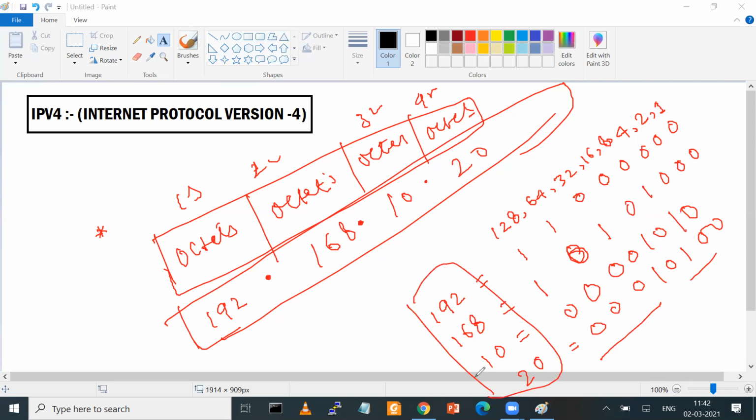Right. Correct? Yeah, correct, sir. किसी को दिक्कत है? आगे बढ़े, आपको आगे।